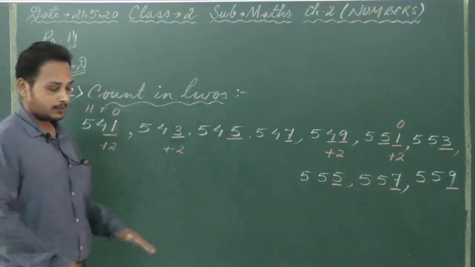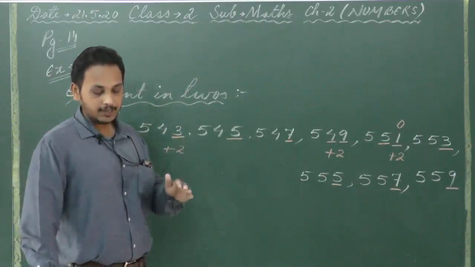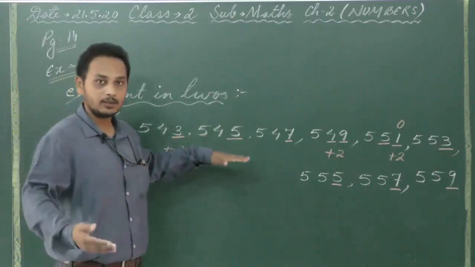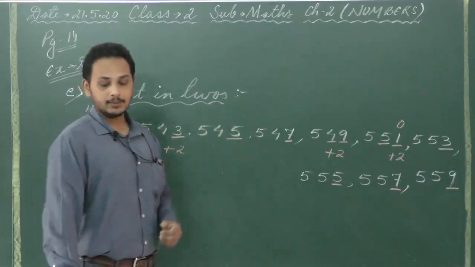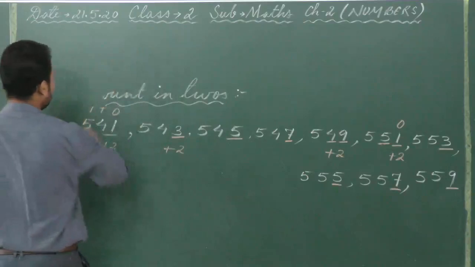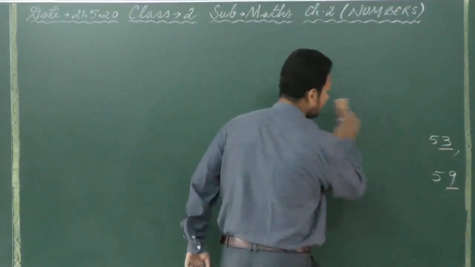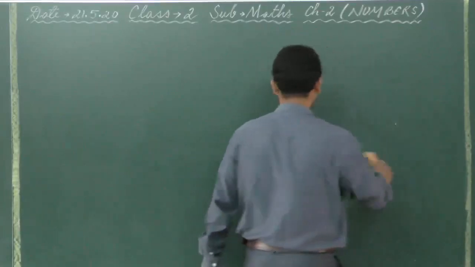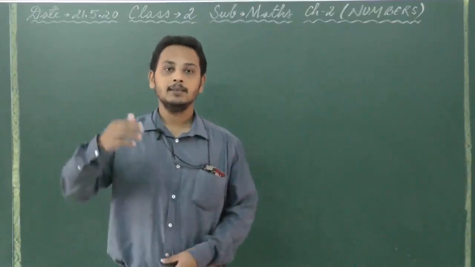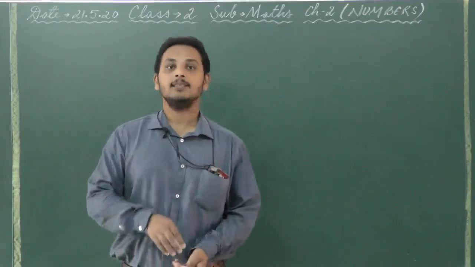Okay, so based on this you have number F, G, H and I. Okay, so by looking at this, I hope you have understood. So try to do the remaining numbers yourself. Okay, as I told you earlier also, I will practice 1 or 2 numbers with you that are related to the exercises, and the remaining numbers you have to do it yourself, because maths is not a learning subject, it is a subject which has to be practiced again and again. The more you practice, it is better for you.